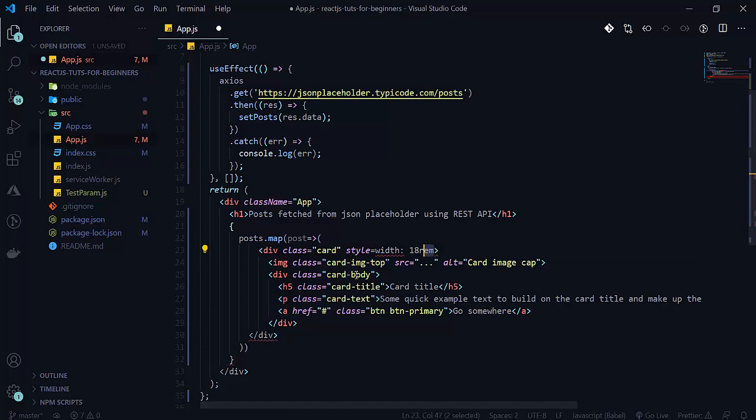Style is there, so we have to write double quotes here, and this will be in the single quote. That's why we are getting our error here. Now we are returning this.